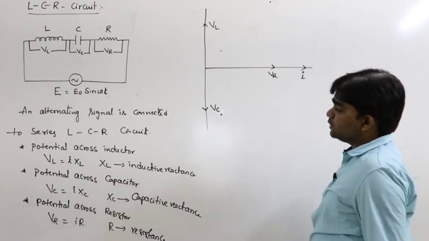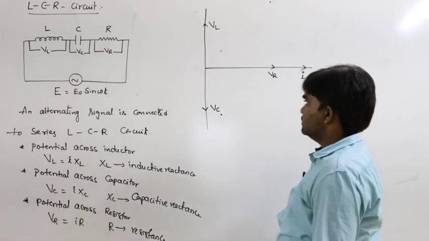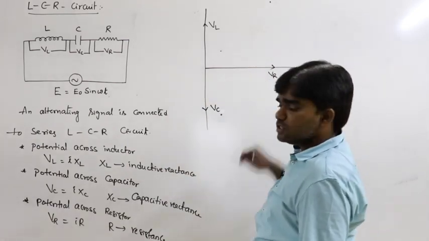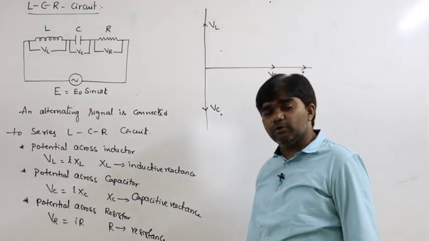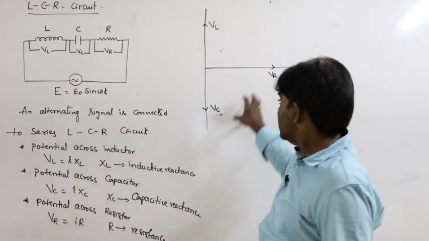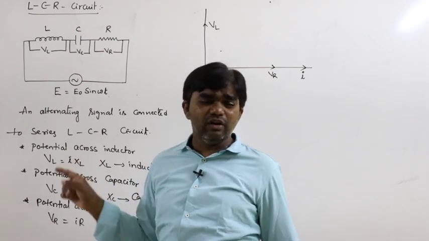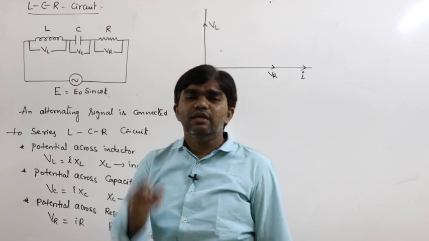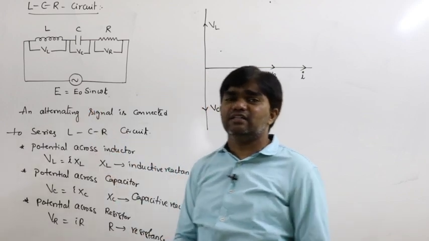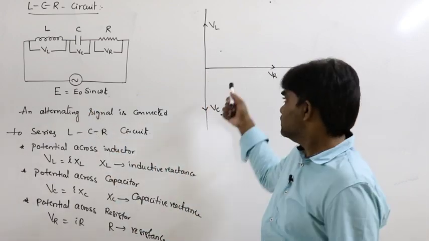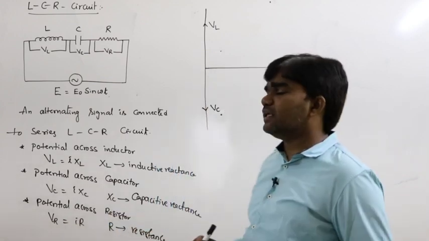See, these are the potentials across the inductor, capacitor and resistor. You know all of these. So three potentials we have. How can you calculate the resultant of three potentials at a time? Here these potentials are phasor quantities, not scalar quantities. If these are scalar quantities, directly we can write the sum of individual potentials. That condition exists only for direct current, but here it is alternating current. That's why direct addition is not possible, so here we must consider certain cases.